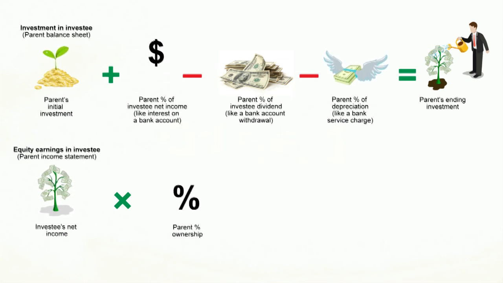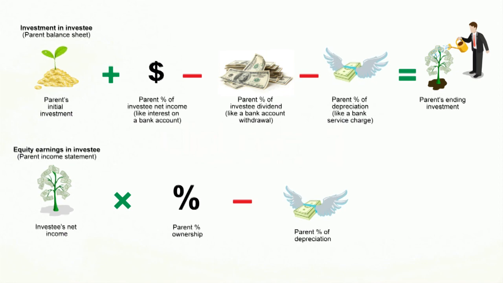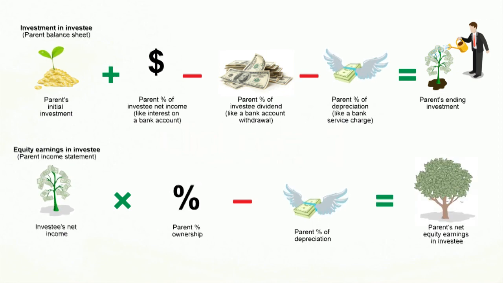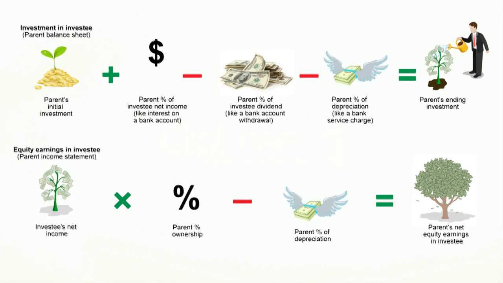Debit the bank balance, debit the investment in sub, right? There's your asset going up, and credit income. We, of course, must reduce that income by our share of the depreciation on the premium we paid for various assets. And that ultimately equals, you're correct, the net earnings from the investee. So you now understand how we do both the income and the balance sheet.